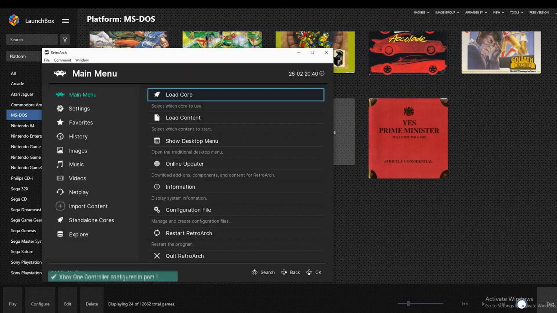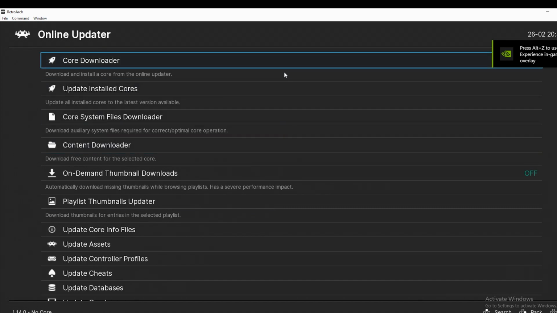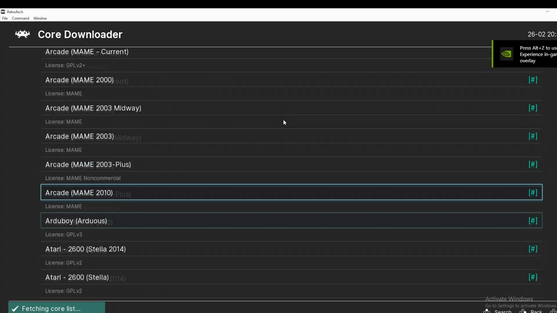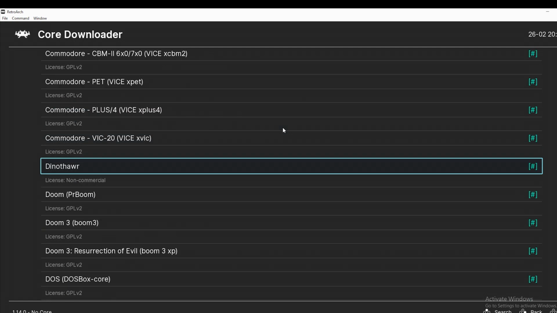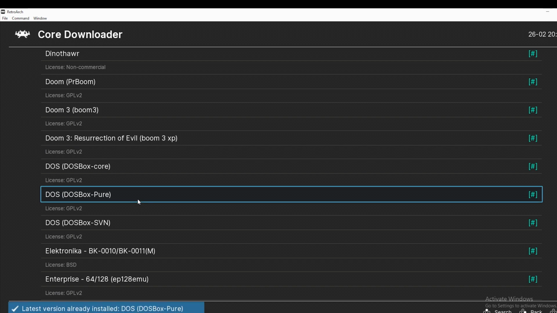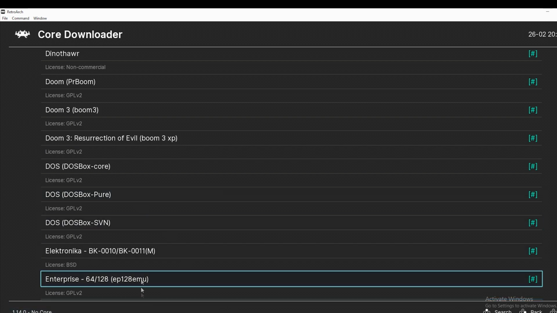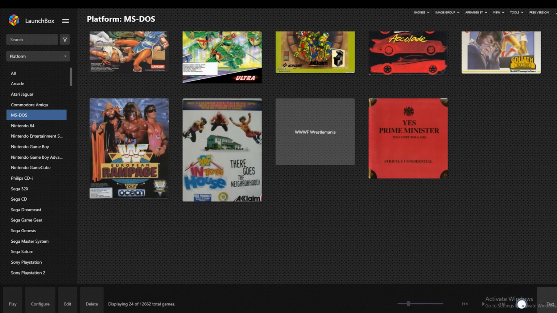So to do this, we're going to go into RetroArch. We want to make it full screen. We want to go to Online Updater, Core Downloader. I'm going to scroll down to Dosbox Pure. Click it, and it will install for you. It's telling me my version's already installed. Come out of RetroArch, go into Launchbox,